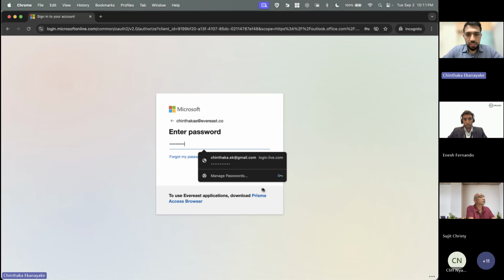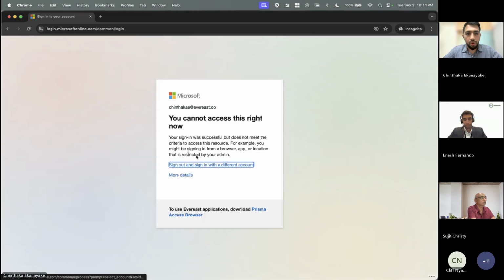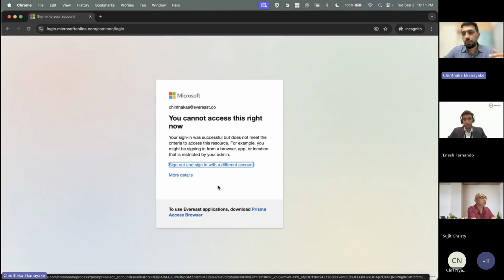Let me put the password in. This is what happens when you try to access your corporate applications with other browsers: we'll be able to block that using conditional access policies. We provide your dedicated own infrastructure to put these conditional access policies in. I'm happy to double click on that if there are any questions.